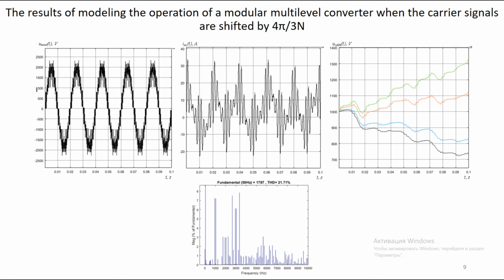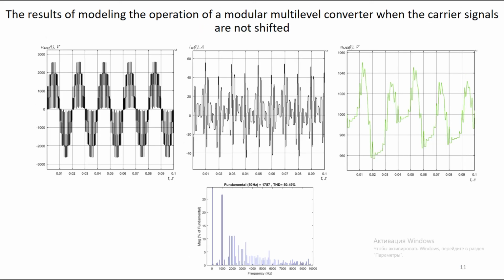due to the influence of this current. A positive characteristic of such modulation is the ability to balance the voltage on the capacitors of the converter modules. The average deviation of the voltage does not exceed 30 volts, which is the best result among the analyzed options. The decrease in the output voltage levels leads to a significant increase in the coefficient of total harmonic distortion to the level of 50%, which is the worst result among the analyzed options. The conclusions are presented on the slide.